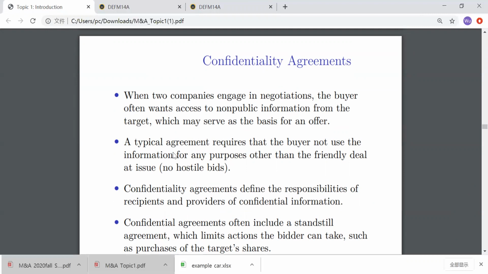So this is the agreement that is very important in the merger negotiation process, because what are the target and acquirer negotiating for? They're negotiating on the price. But without knowing the proprietary information, the very secret information of the target firm, there's no way for the acquirer to make a correct judgment of the value of the target. In other words, the acquirer won't be able to make a reasonable offer without knowing the very detailed proprietary information